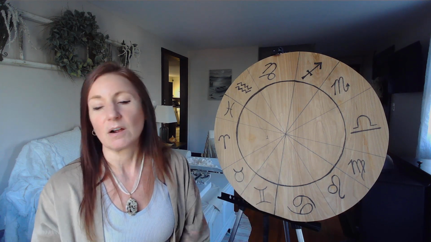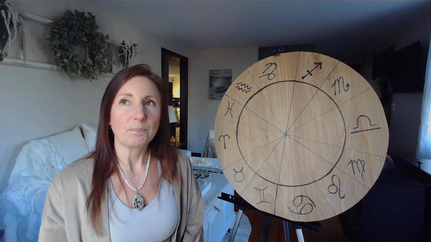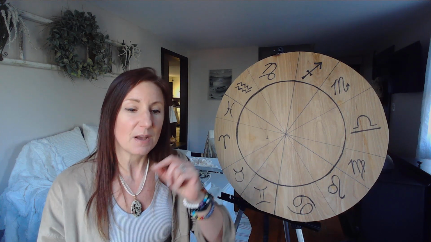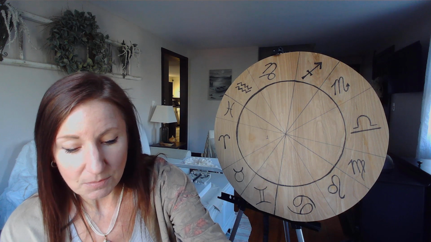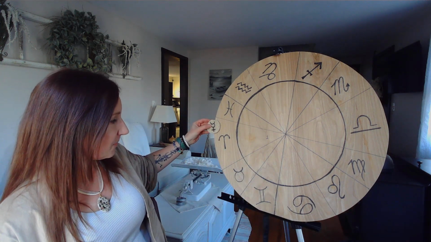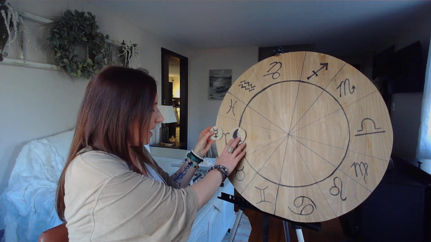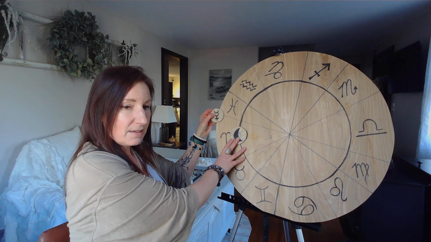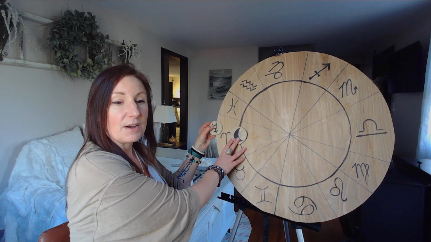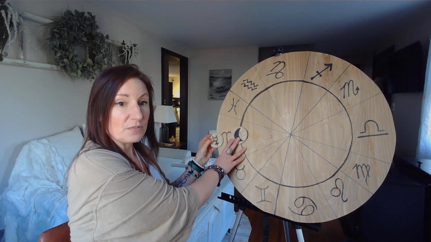So let's take our car scenario for instance. If it's a Mercury transit, well, we'll just go through all the transits. You're standing there and say a motorcycle comes by. You're going to get a little splash, but it's going to go by pretty quick and be over. You're going to hear it coming. So I'll say Mercury's coming. Here it comes. Let's say we have your moon here and Mercury. You start hearing it, it gets louder, it gets louder, it gets louder. Here's where you feel the splash.